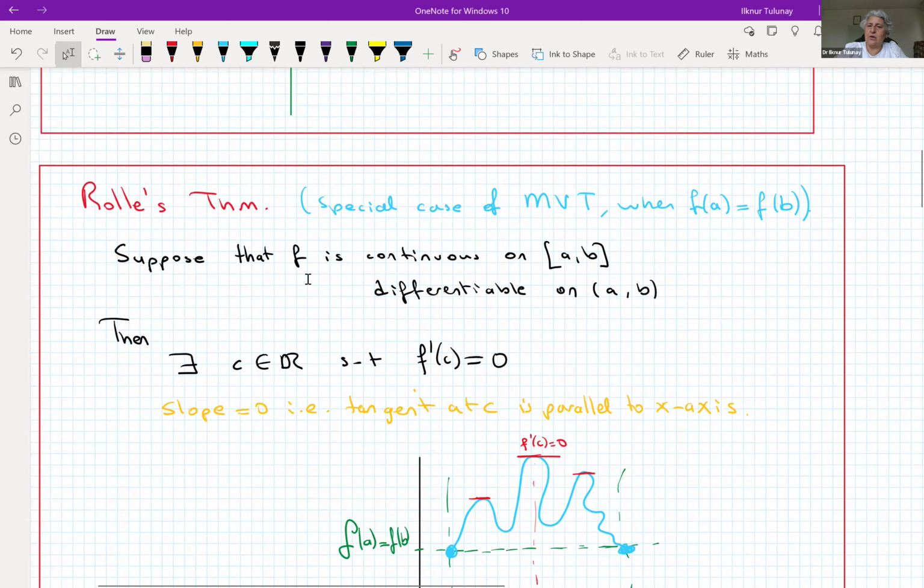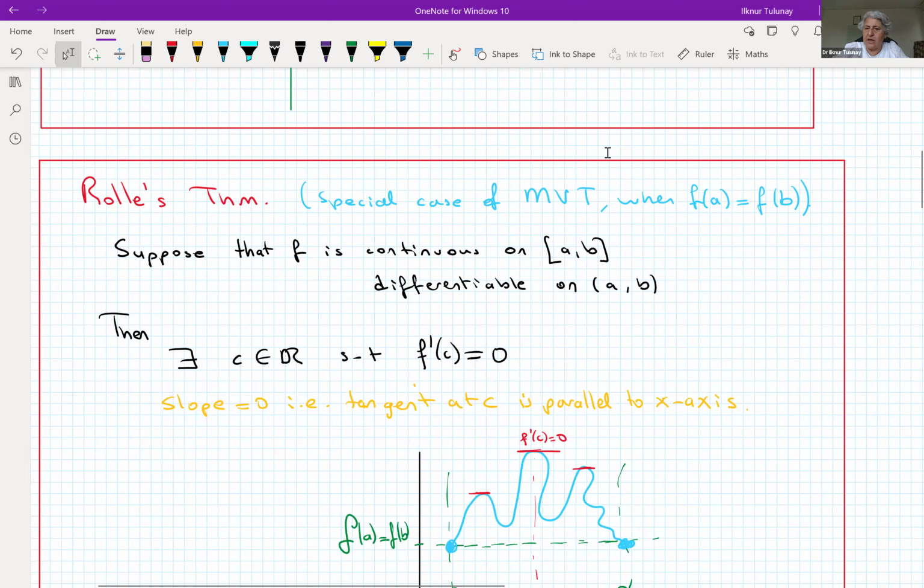Rolle's theorem is a special case of the mean value theorem, and we are going to do more exercises on the mean value theorem later on. When f(a) is equal to f(b), that is, when we put f(a) equal to f(b) in the mean value theorem, we get Rolle's theorem. Again, we have assumptions on the function f. It needs to be continuous on the closed interval a and b, and differentiable on the open interval a and b, such that there exists a c